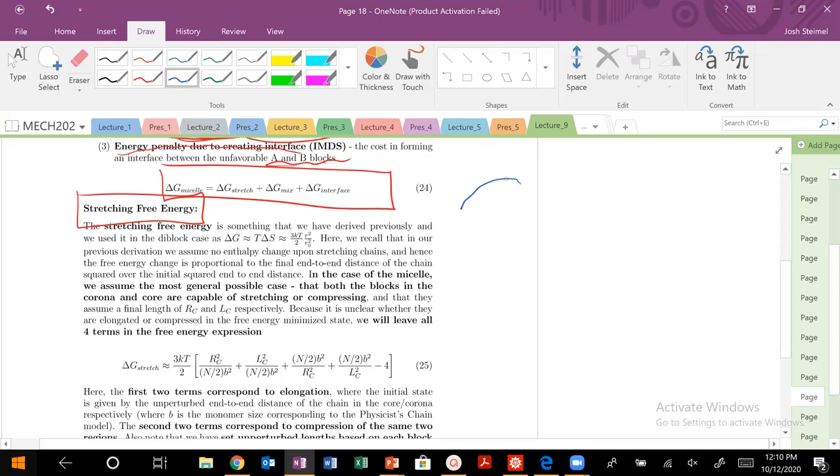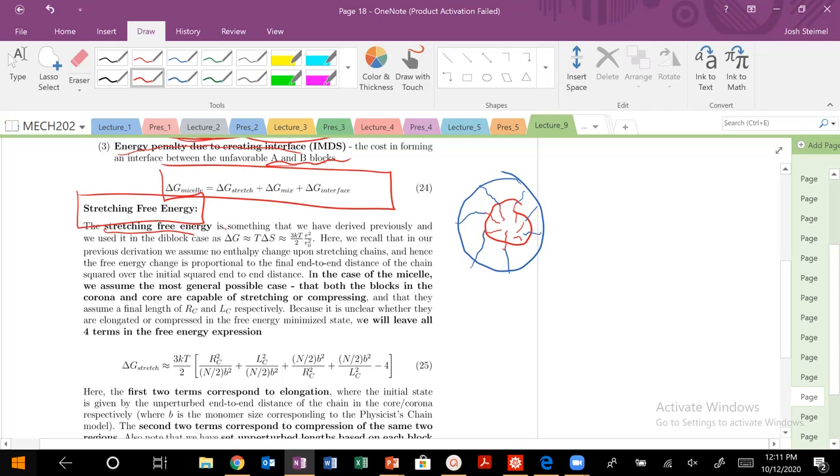So we have our corona here, we have our dye block here, then it's connected to our basically red. They're supposed to be 50-50. Ignore. So we have our core, we have our corona. Inside here, our chains can either be basically stretched or compressed. So we've talked about this in our microphase separation in lecture 3 and lecture 4, kind of the free energy